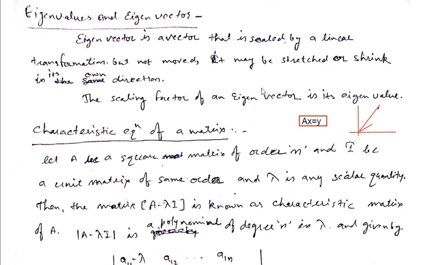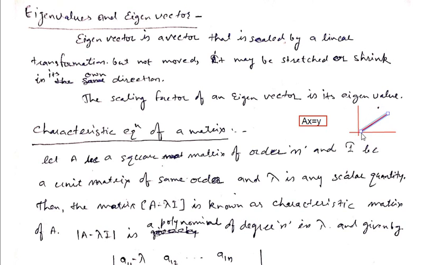It means suppose we have a transformation, a matrix A of order n cross n. So A is a transformation and we apply A over a vector x. Suppose this is a vector x, and after applying the transformation A over x we get another vector y. If y is in some other direction, then it's simply another vector. But if y is particularly in the same direction as x, then we say this is what